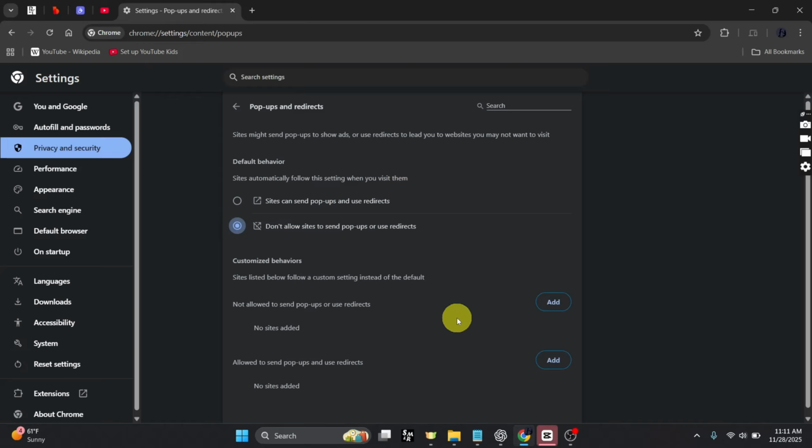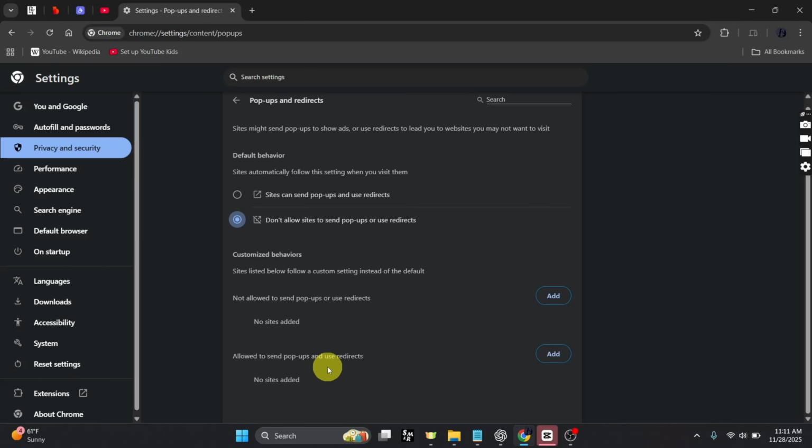And you can also set a customized behavior where you can add a website to not send any pop-ups, or you can add a website to allow to send pop-ups and redirects. And that's it. We just blocked pop-ups in Chrome by enabling the pop-up blocker in site settings and managing exceptions for